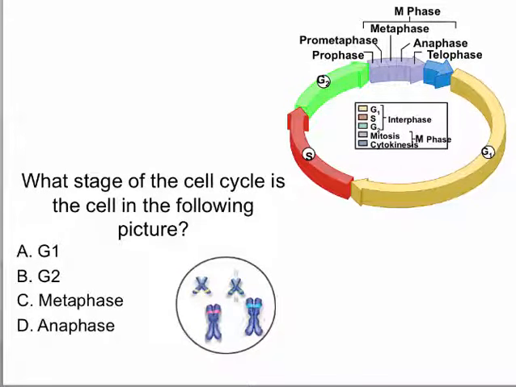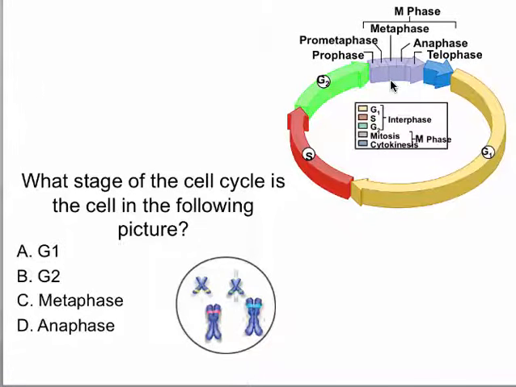So let's look at this other example. Now here you see that each chromosome has two sister chromatids. So that means each chromosome has twice as much DNA. This means that this cell already went through the synthesis phase and it already doubled its DNA. So this cell is not in G1, it has to be something after the S phase.